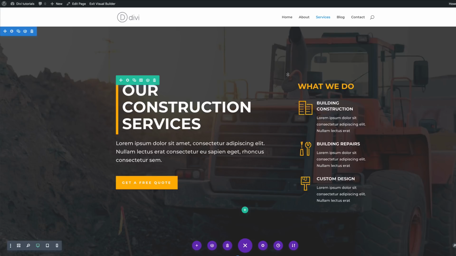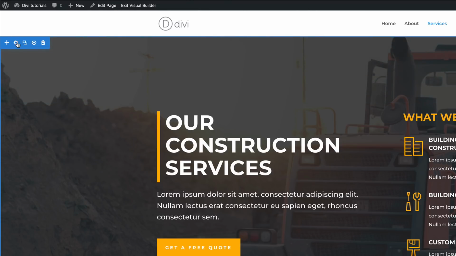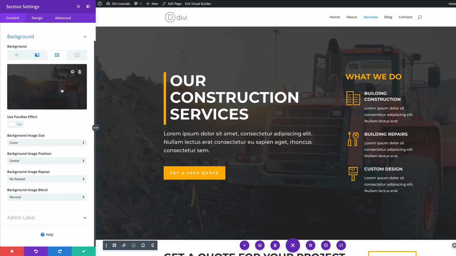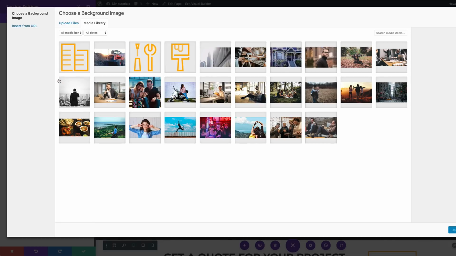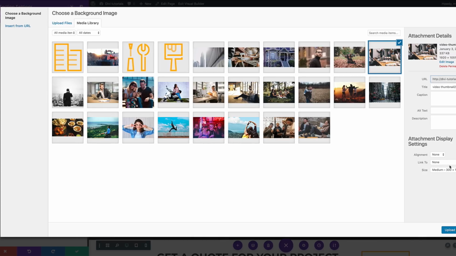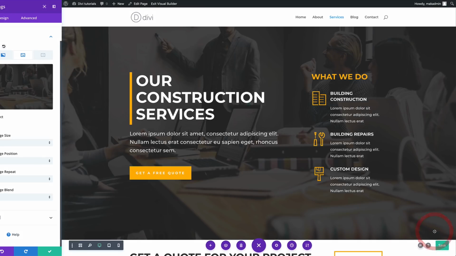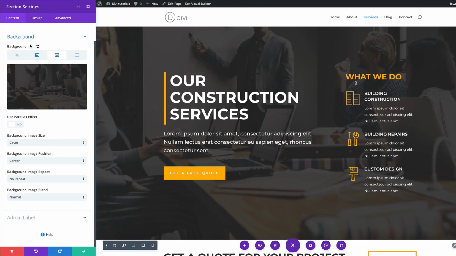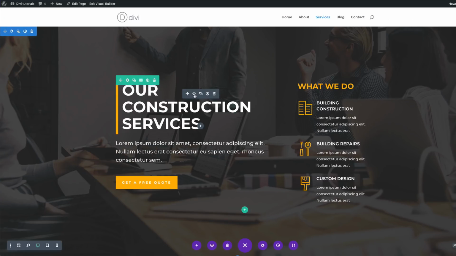Right, so here's the fun stuff, because now we can go in and replace all the stuff that we have here with our own. So I'm going to click here and go to background. So we don't need this construction image here. So let's have our own. So the image I'm going to add here is, let's go with this office, upload an image. So you can see now that my image is now in the background and it looks quite corporate, which is good. Okay, so the next stage is to just save,